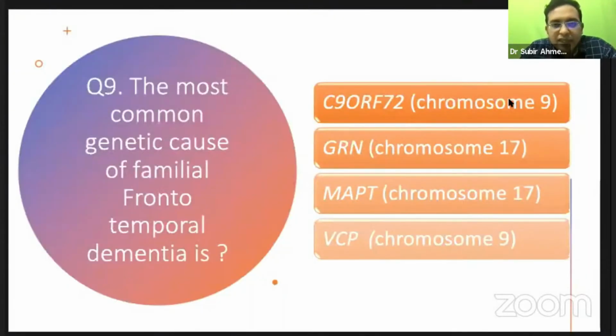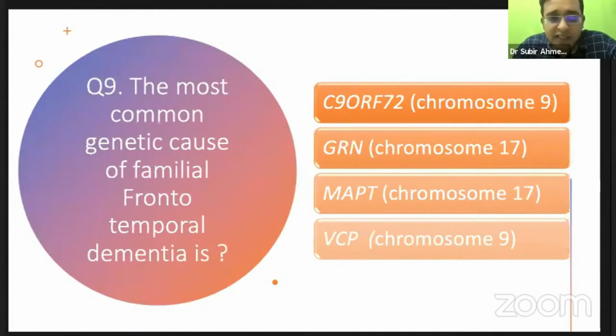Have you heard this C9orf somewhere else? You must have heard. What do you think, 2% of Alzheimer's disease is autosomal dominant? In the case of frontotemporal dementia, about 10 to 20% will be autosomal dominant. So the most common genetic cause of familial frontotemporal dementia is, yes, exactly, about 95% have answered it correctly, it is C9orf. It is a high-yield area, that is, many questions can be asked from this area. So you need to know this area very thoroughly.